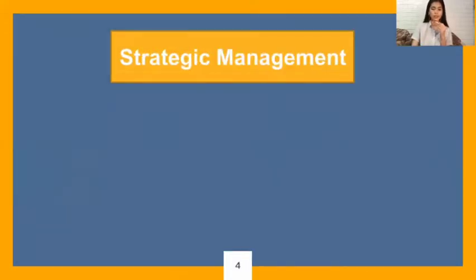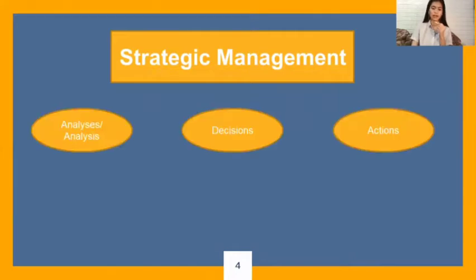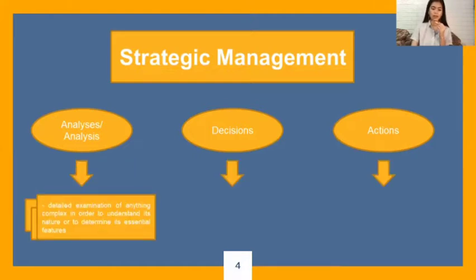When we say strategic management, it has three components. First, we have analysis. Second, decisions. And third are the actions. Let us define them one by one as we go on. So here, analysis is the detailed examination of anything complex in order to understand its nature or to determine its essential features. So here, we are to scrutinize details on situations that we are currently in,